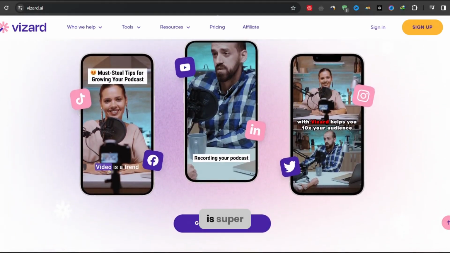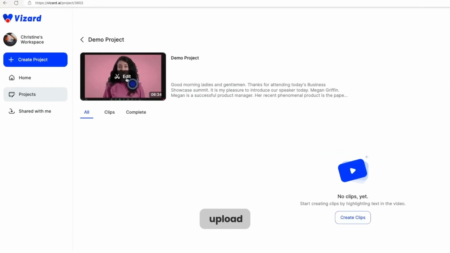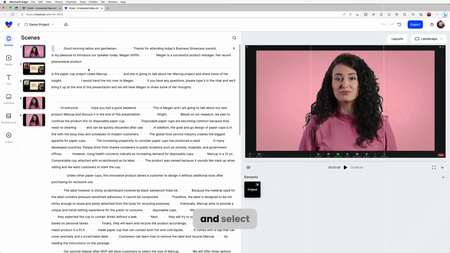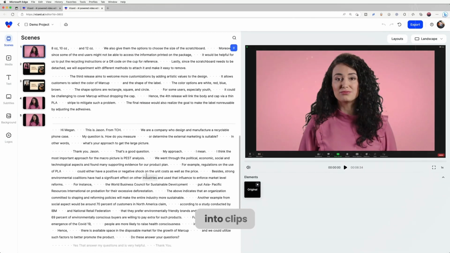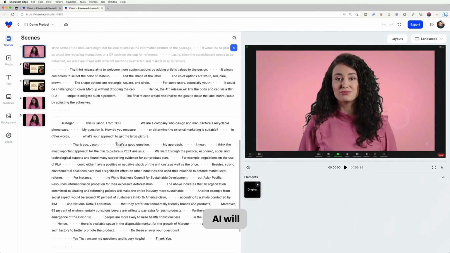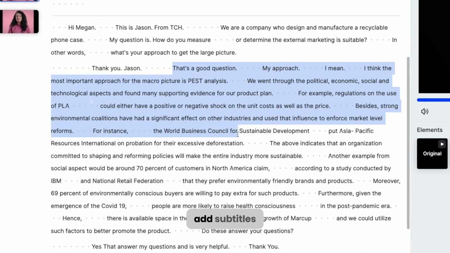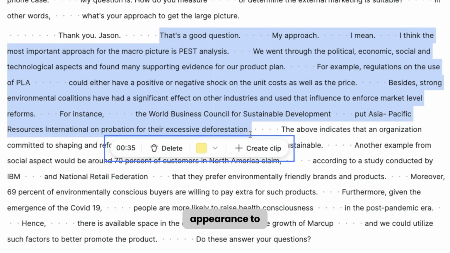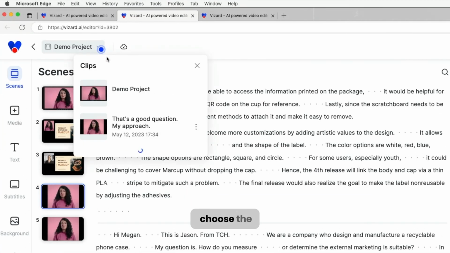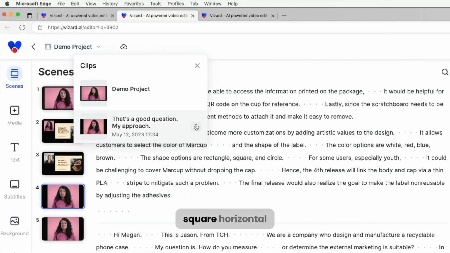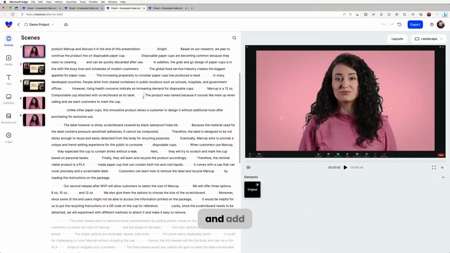Vizard AI is super easy to use. You just upload your video, get the transcript, and select the text snippets that you want to turn into clips. Vizard AI will automatically generate the clips, add subtitles, and customize the appearance to match your brand. You can also choose the format of your clips, whether it's square, horizontal, or vertical, and add a catchy title